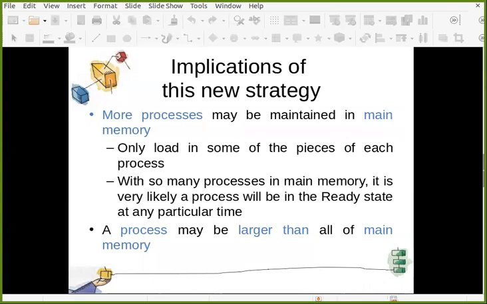So that advantage is also there. These are a few implications of this strategy. More processes can be maintained now, and even if your process is larger than the actual physical memory, it is still possible to use that software on your low memory system.